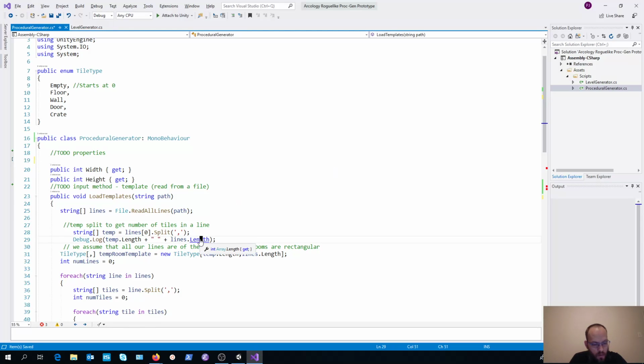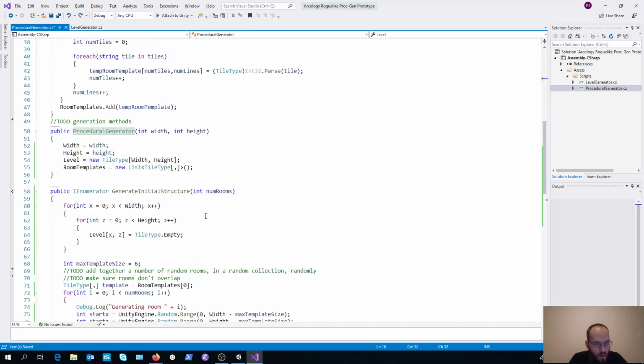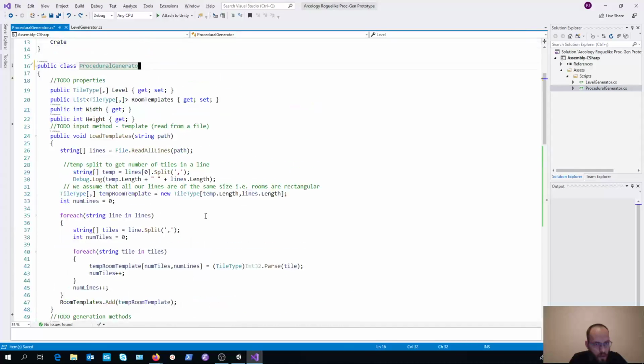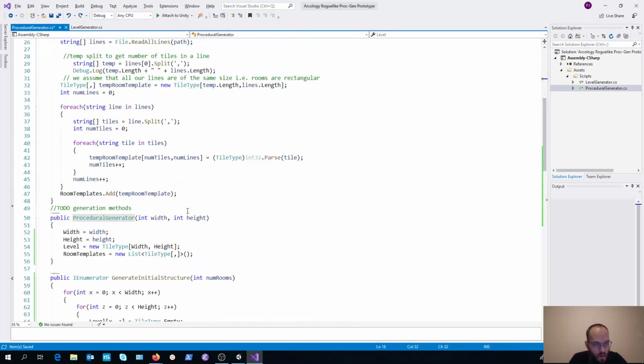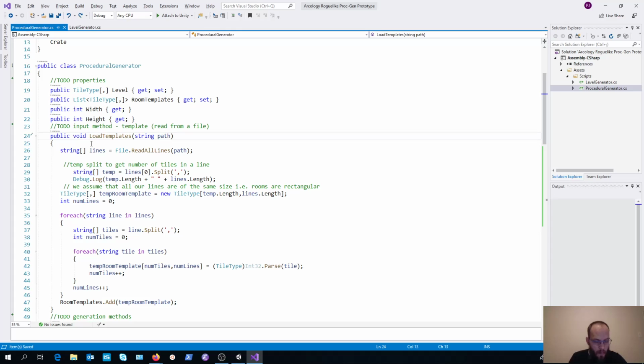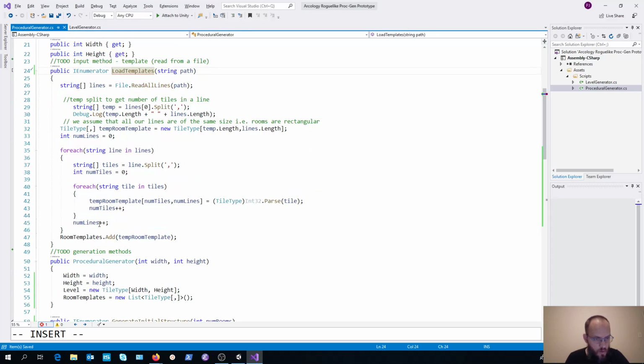Wait, before I break everything. Horribly badly. This method over here is also one that is quite likely to give us some issues. If we are loading templates in from a file, that might take quite a while before everything is loaded properly.